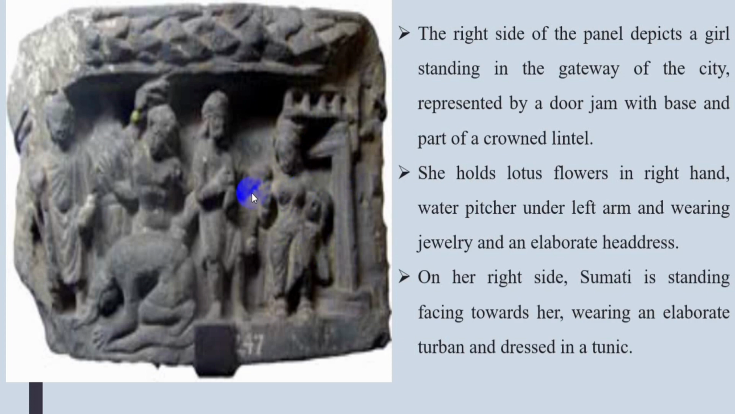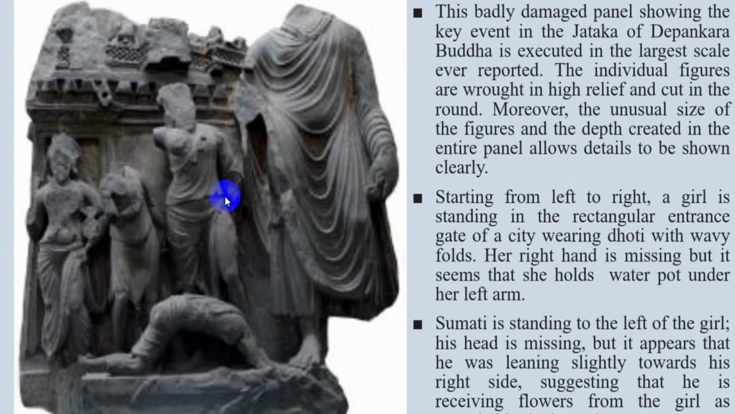On her right side, Sumati is standing facing towards her, and he is wearing an elaborate turban and dressed in a tunic. So this panel is badly damaged and showing the key event in the Jataka of Dipankara Buddha, which is executed at the largest scale ever reported, particularly from Gandhara. The individual figures are wrought in high relief and cut in the round. Moreover, the unusual size of the figures and the depth created in the entire panel allows detail to be shown clearly. So starting from left to right,